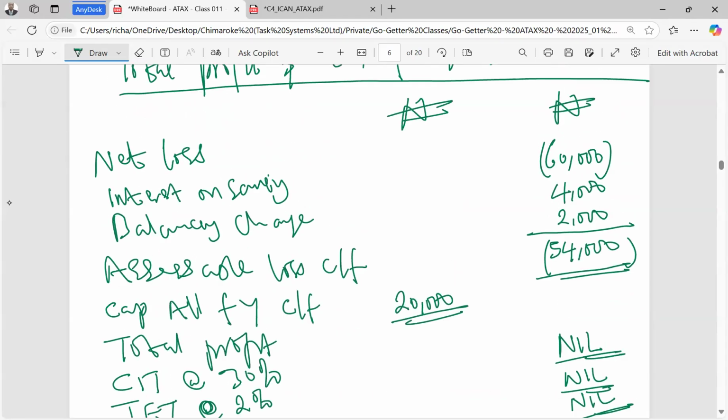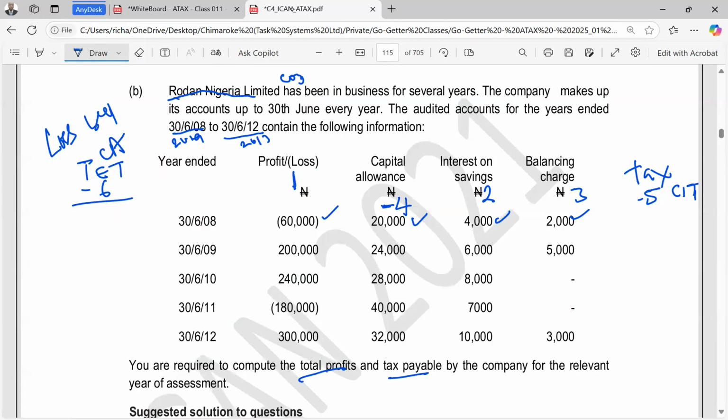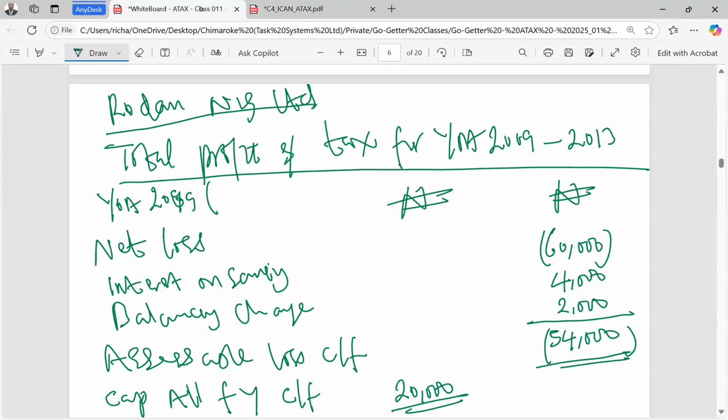So this is 20, which year of assessment is this? Year of assessment 2009. It will, because they said the account year end is June 30th every year. So it means this must have started from July 1, 2007 to end in 30th June 2008. That's why it is preceding year basis to 2009.